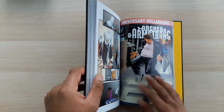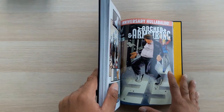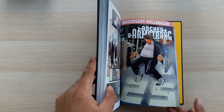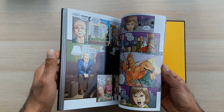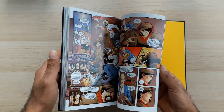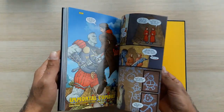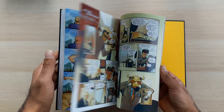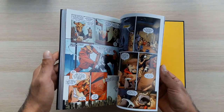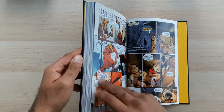As is often the case with these Valiant issues, issue 25 is both the end of this particular ongoing series, and it's an anniversary issue, which means that it has lots of smaller, self-contained stories in it. So I think this is something like 38, 40 pages long, and it has a bunch of self-contained small stories, most of which are kind of quirky and funny, some of which are quite clever, like this one, for example. What the hell is this one? Let me try and...